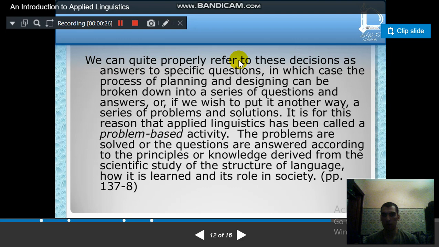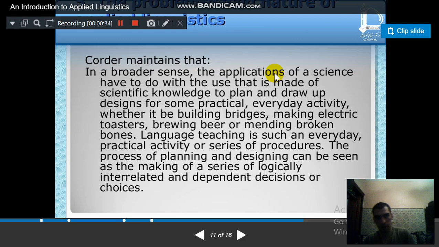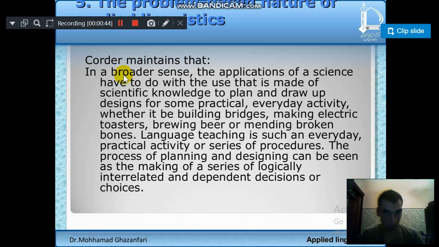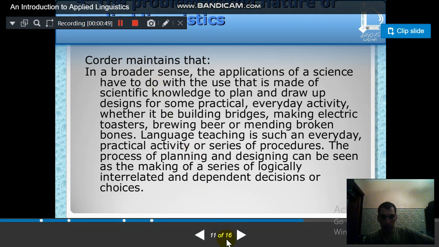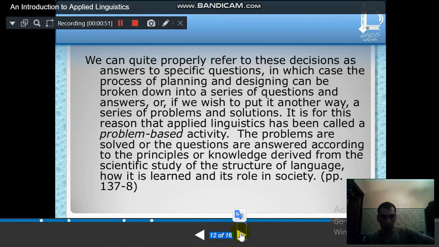We can quite properly refer to these decisions as answers to specific questions. Last time we were reading this, and this is by Corder, a very famous linguist, and he defines applied linguistics. So he says that we can quite properly refer to these decisions as answers to specific questions, in which case the process of planning